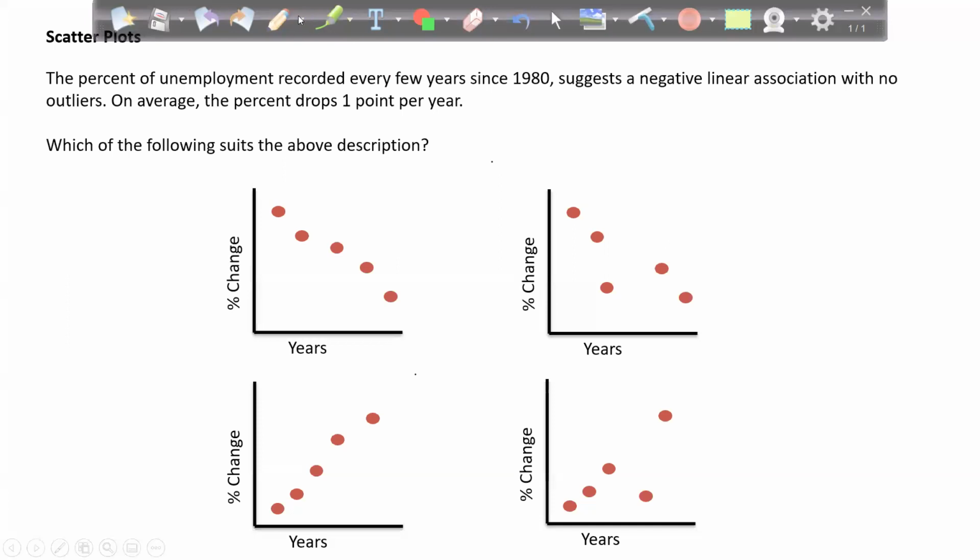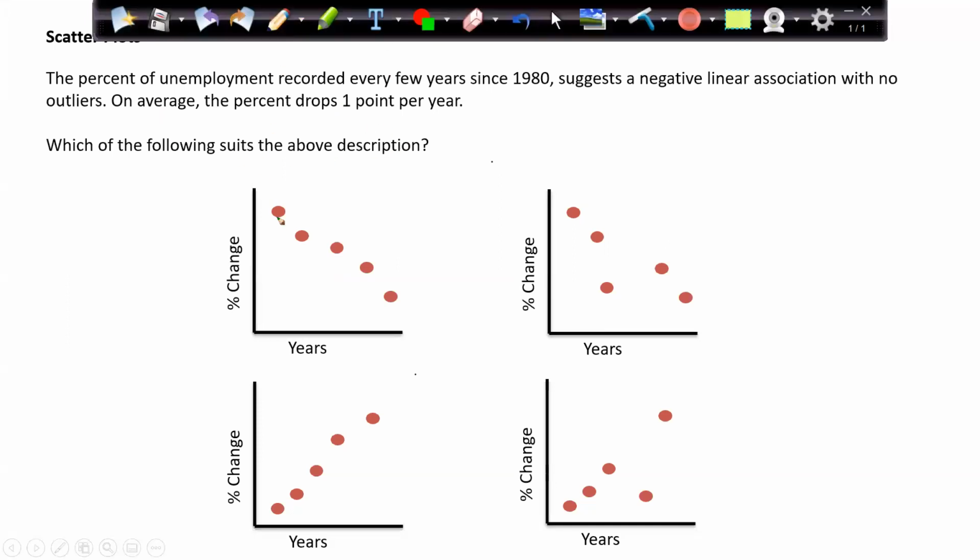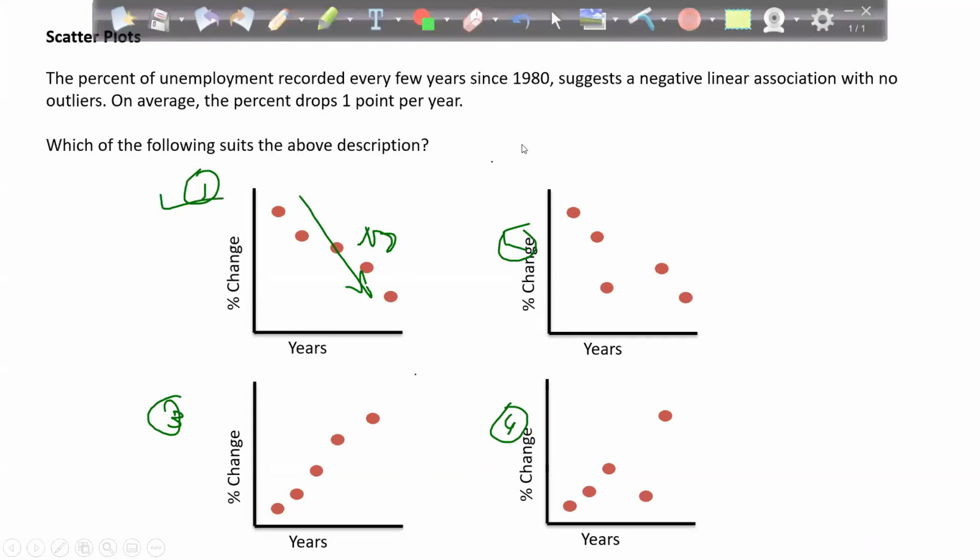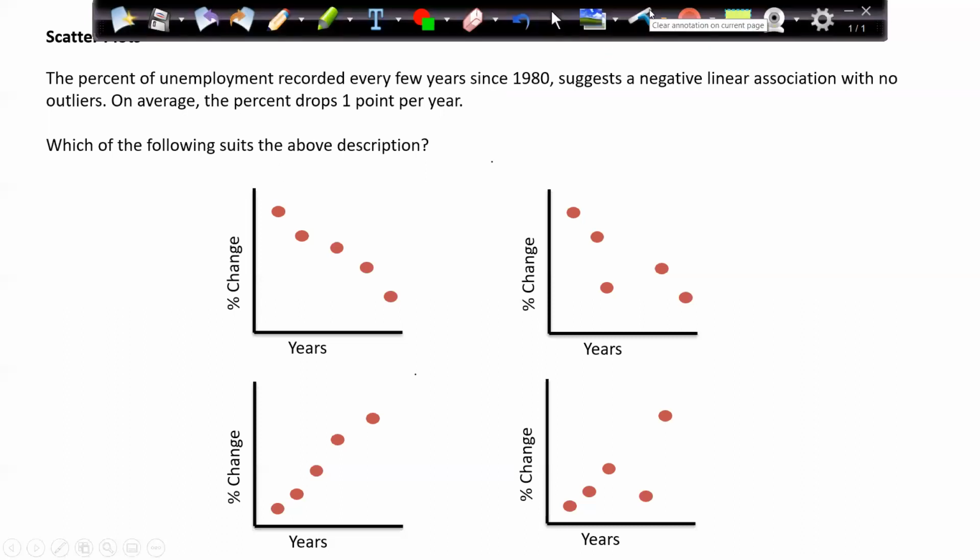So here you can see that we have a negative relation and it's 1 point and there is no outlier. So we have 4 charts, 1, 2, 3, 4. Chart number 1 is making more sense to me as per the above requirement. Here we have the outlier. Here we have the outlier. So obviously it's saying that there should not be any outlier. You can see that whatever we are studying is what we are implementing.